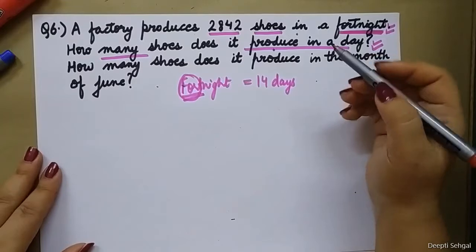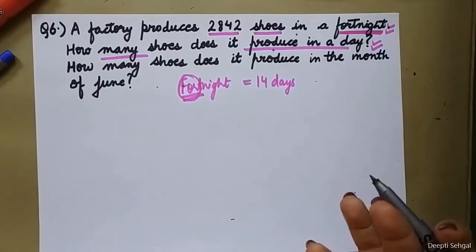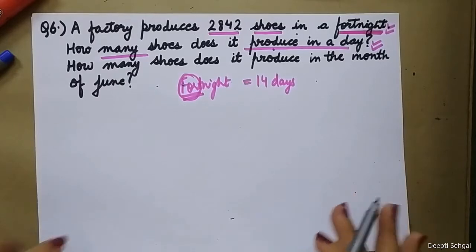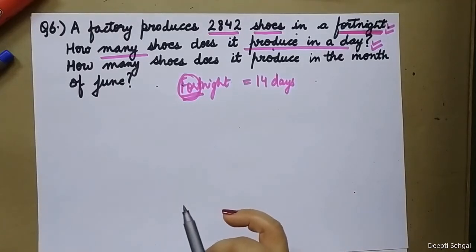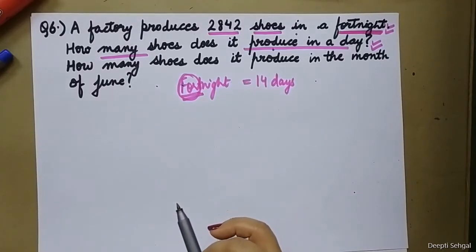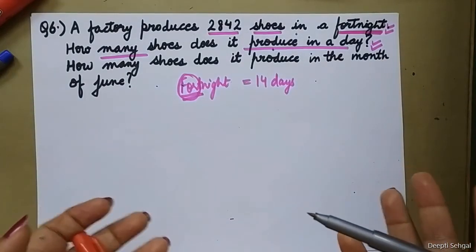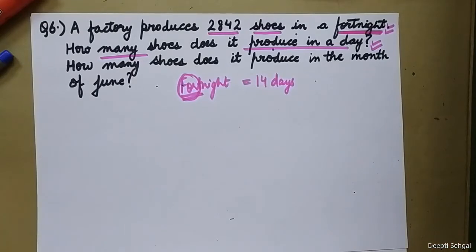So 1 day में shoes कम produce होंगे या ज़्यादा होंगे? अगर आप 1 week में 10 pages पढ़ रहे हो तो आप 1 day में कितने pages पढ़ोगे? कम पढ़ोगे या ज़्यादा पढ़ोगे? कम. Yes, you got it right. So that means we have to multiply or divide. We have to divide. And obviously आप shoes के ना days plus कर दोगे. Shoes और days का भी plus हो सकते हैं? नहीं. Minus हो सकते हैं? No. So either we have to multiply or we have to divide.